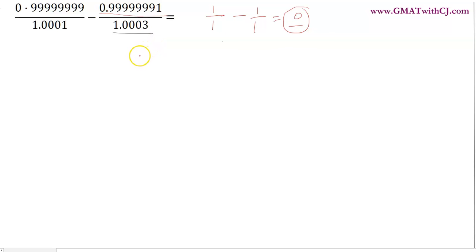So now how do I go about solving it? That's a question in my mind. It seems to be a lot of mess. There are a lot of 9s, and there are many decimal places even in the denominator. So if I just cross multiply this into this and this into this, it would create a lot of mess, because the numerators have 8 digits in the decimal and the denominators have 4 digits in the decimal. Overall I'll have a big multiplication to do, right?